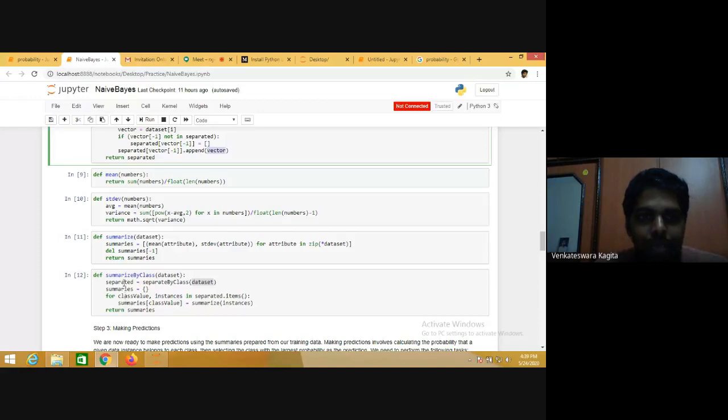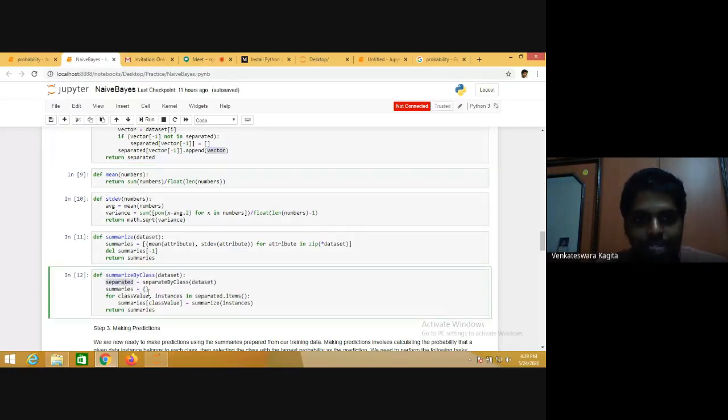Once you separate this, we summarize it for each class value and instances in the separated dot items. So from this separated dot items, we are taking the instances class by class and summarizing them. So for class 1, suppose, it is calling summarize.